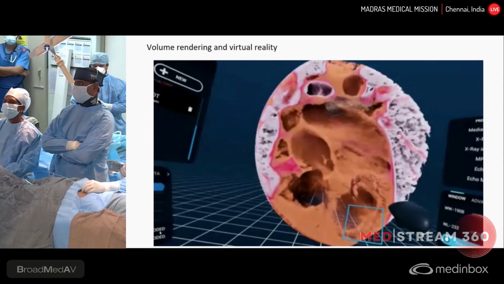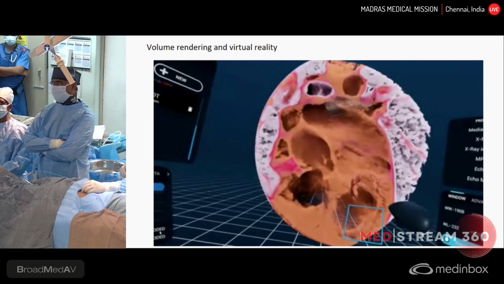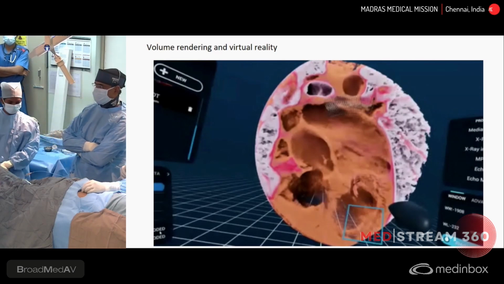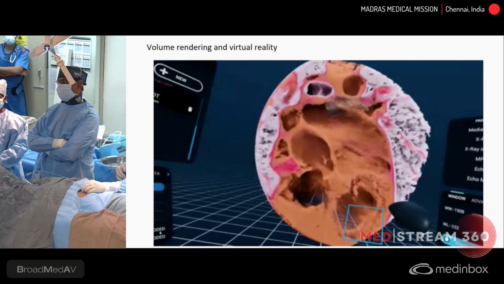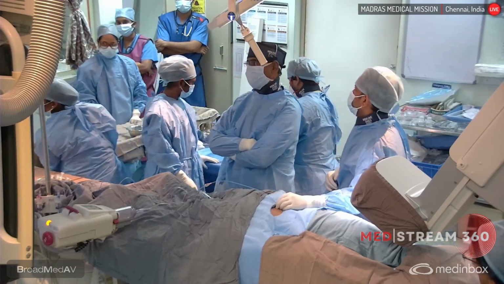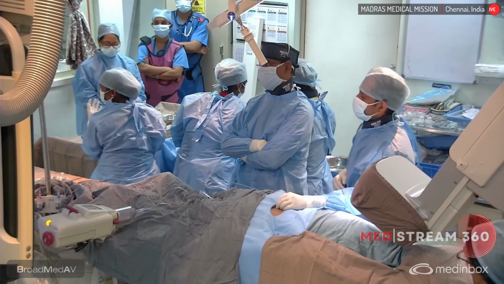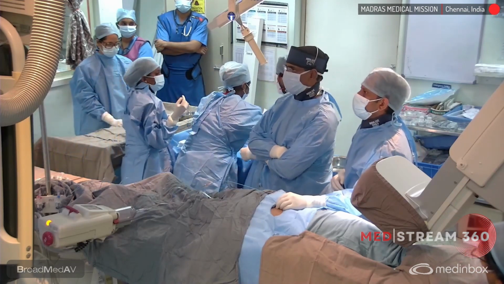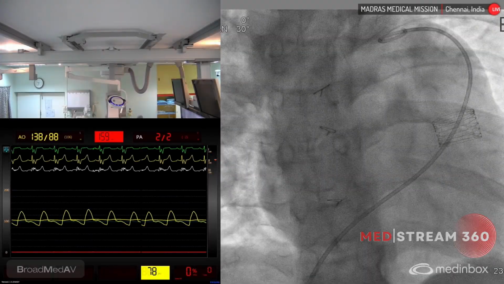I had done the right heart hemodynamics. The right atrial pressure was around 8 millimeters of mercury. The right ventricle was around 40 millimeters of mercury and the pulmonary artery was 30/5. The low diastolic pressures were indicative of free severe pulmonary regurgitation, and as you showed in pictures, the RV was significantly